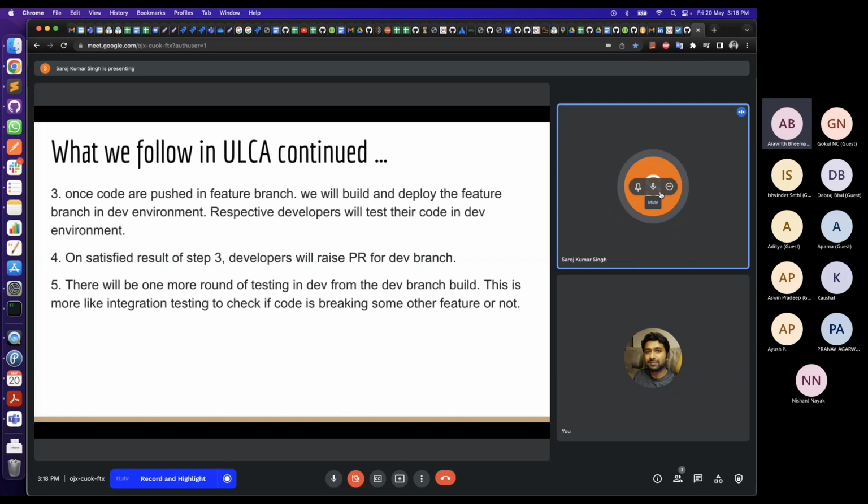So here QA will be playing a very big role in testing this complete thing. So as you can say, it's more like integration testing. So once that PR is raised to dev and it's merged to dev branch, then